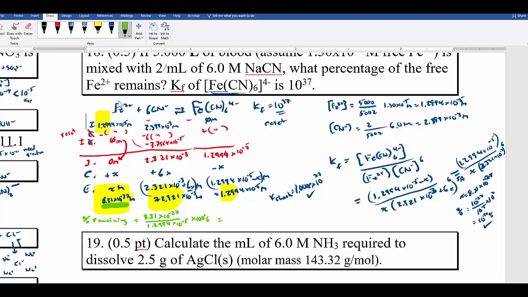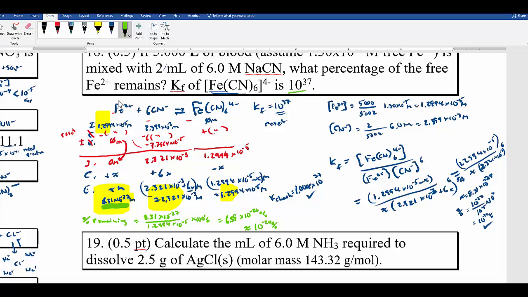That's how much we started the reaction mixture with. And so 8.31 times 10 to the negative 27 divided by 1.2994 times 10 to the minus 5 times 100. And we get 6.39 times 10 to the minus 20%. I think we're only allowed 2 sig figs here. Or actually no sig figs. Yeah. It's about 10 to the minus 20%. This has no sig figs. About 10 to the minus 20%